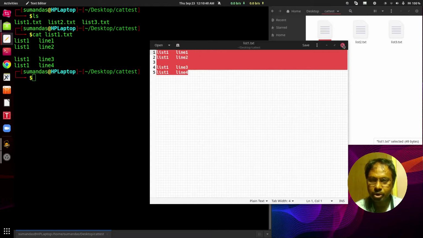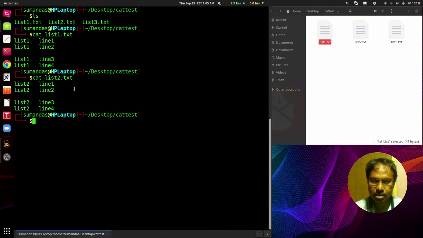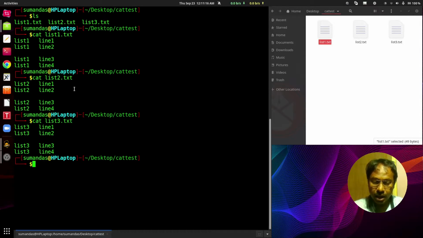Now suppose we want to check the content of the list2.txt file. In the same manner, in place of list1, I give the name list2.txt. Press enter, and that is the content of list2, and the same for list3.txt. So that is the first function: using the cat command we can view the content of any file.